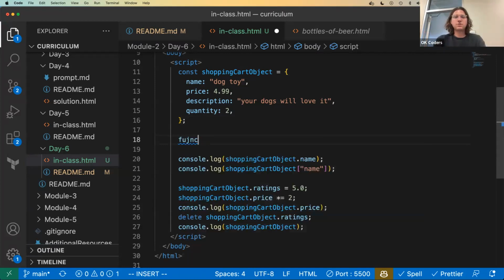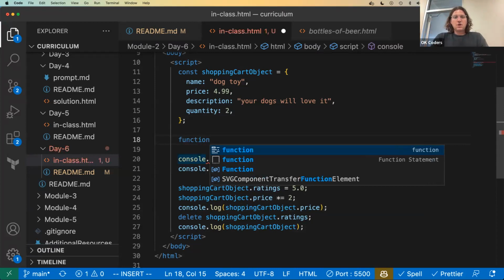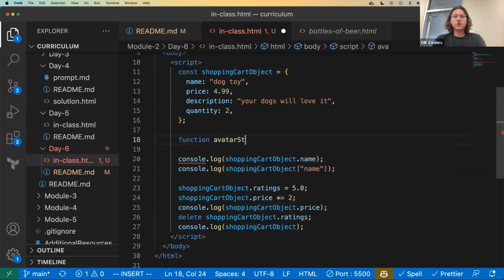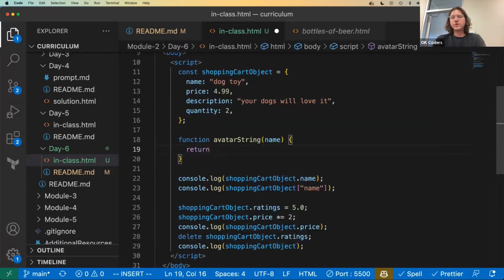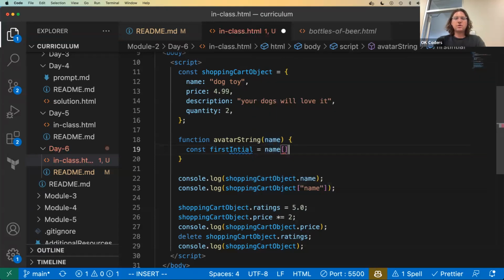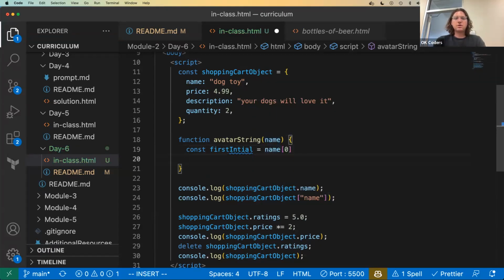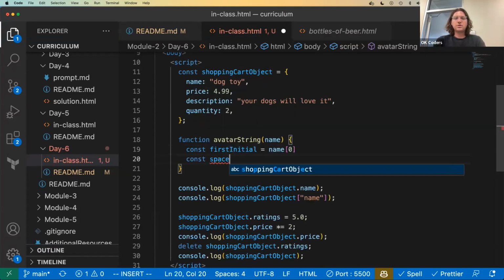So we write function avatar string, which takes in a name, and then we did const first initial equals name 0, and then const space index equals name dot index